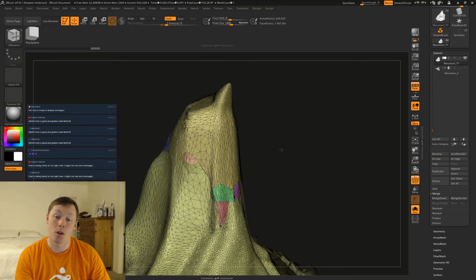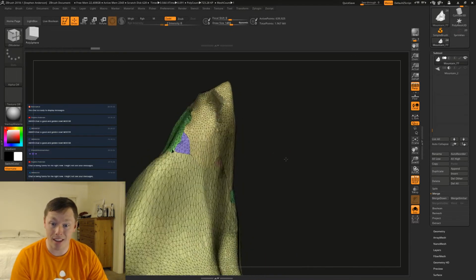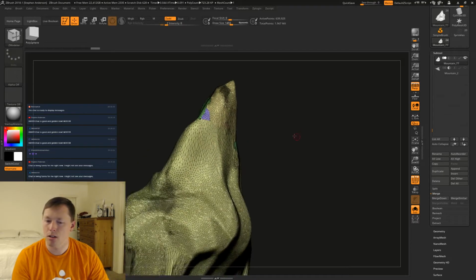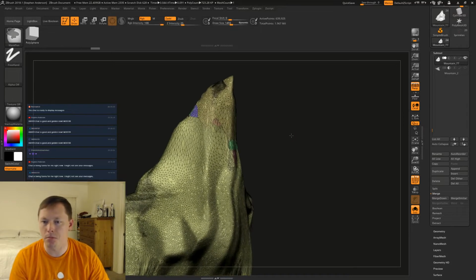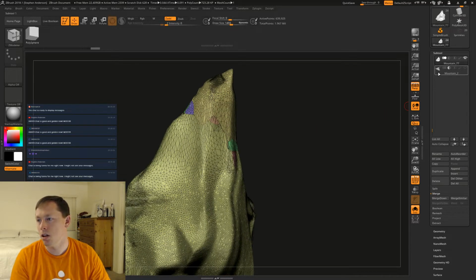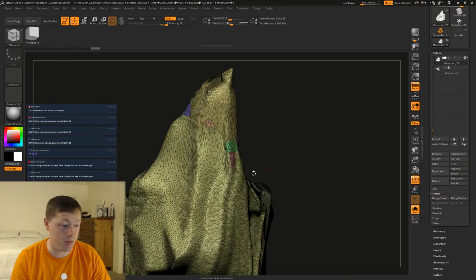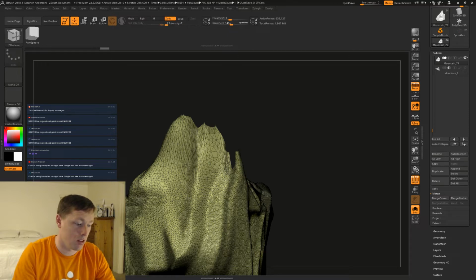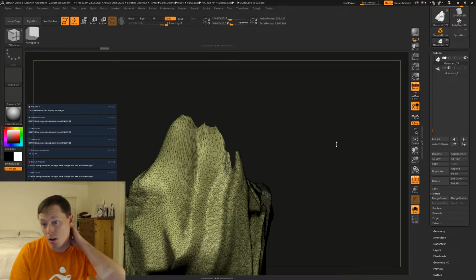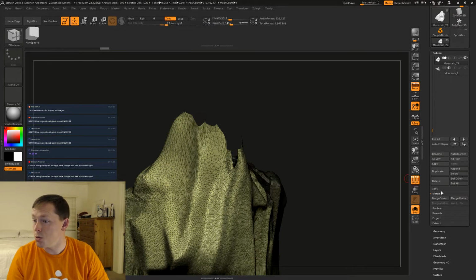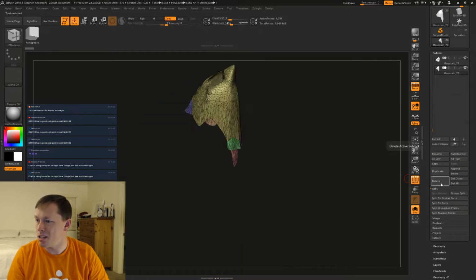Okay. So, now that I have this, actually, here's what we're going to do. I can quit live now so that I can get this going. I'm going to split hidden. I can just get rid of this extra piece down here.